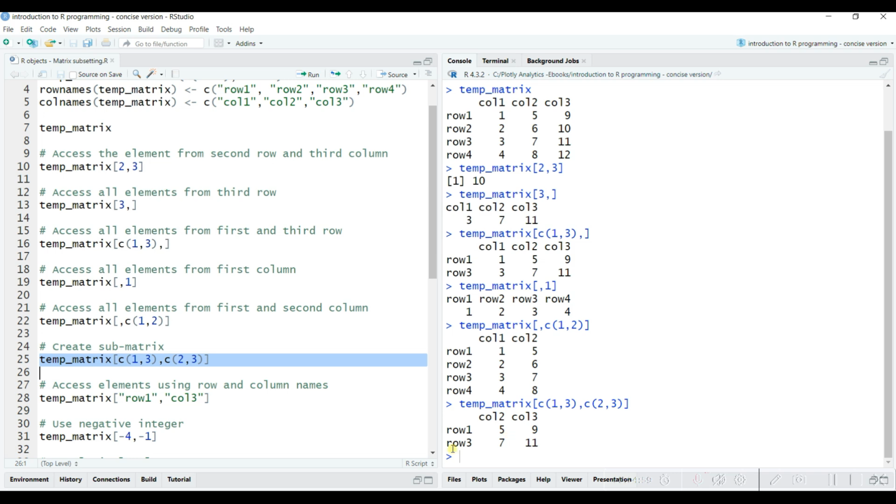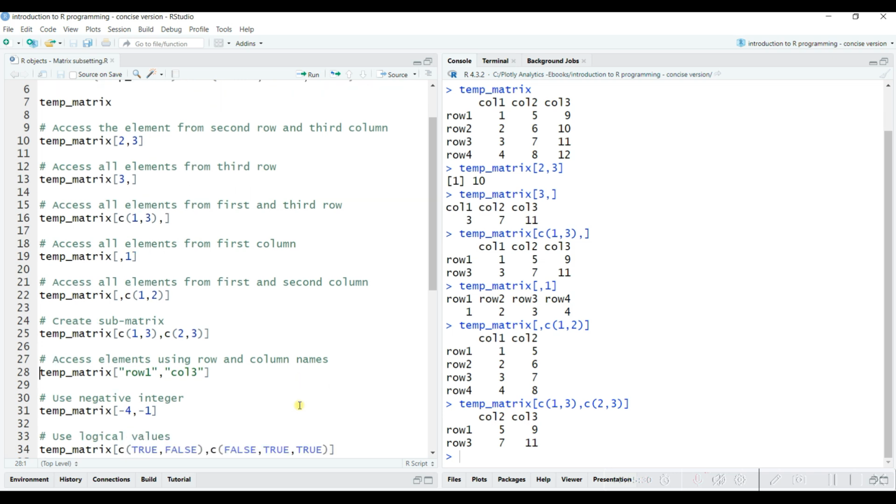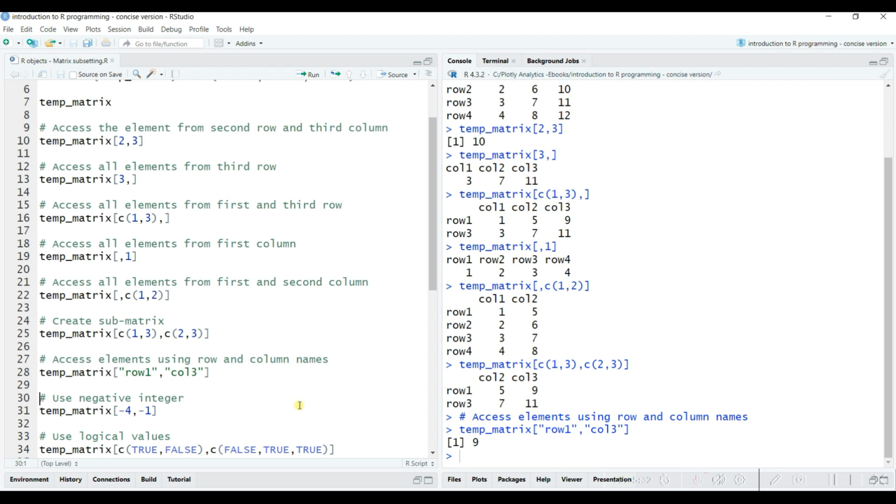In the case of the second row, it is the intersection of the third row and second column and the third row and third column. We can also use the column and row names to access the elements of a matrix. So in this case, we have used row 1 and column 3, and we have got the element at the intersection of these two